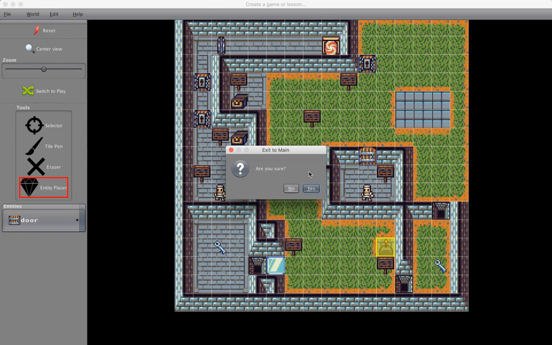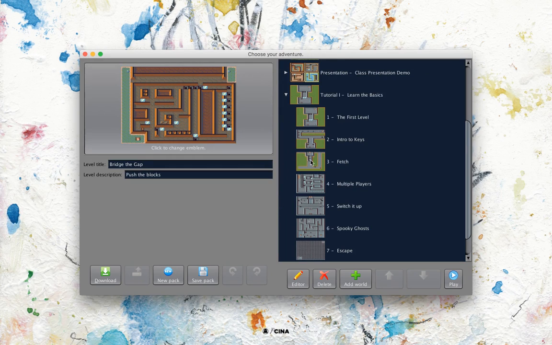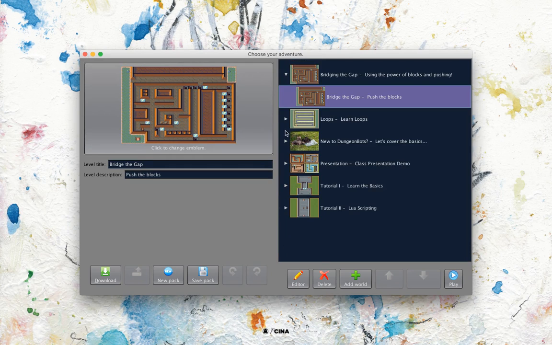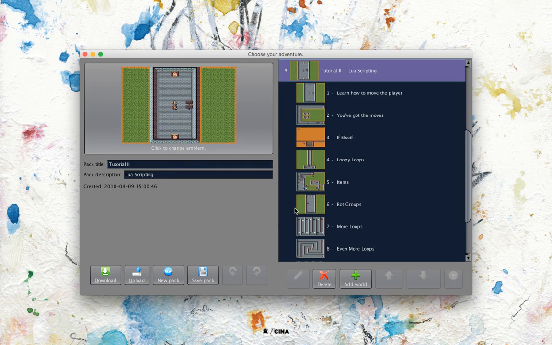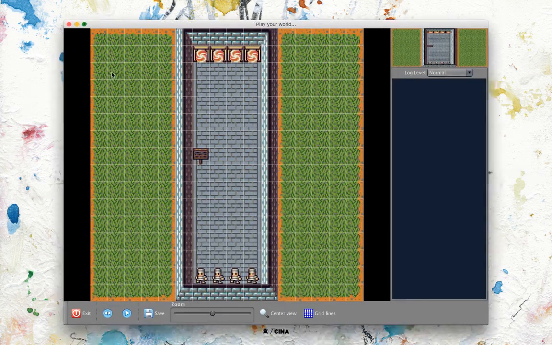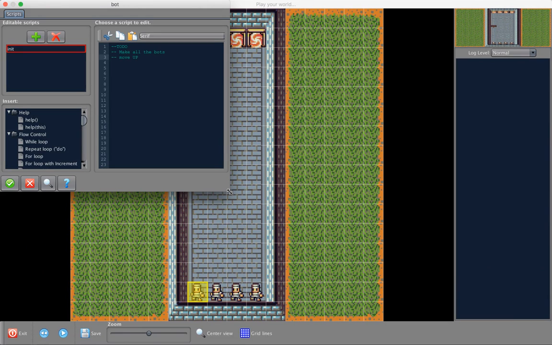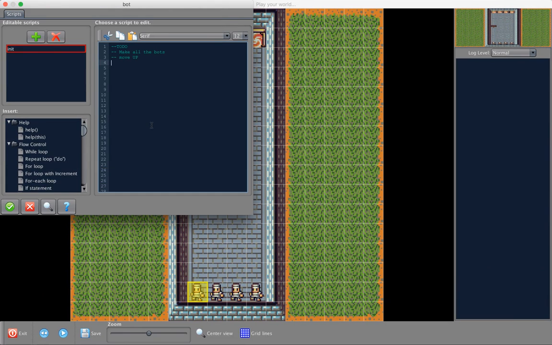I actually do have one more thing to demo. I apologize, this is going on a bit long, but I realized that I need to demo scripts as opposed to running code from the console, the command line. So scripts are subtly different than just running code from the console. How scripts work, I'll just demo that right here in this bot groups level. So here you have 4 bots, and you can only really select one of them. The way that scripts work for bots is that you just write some code,